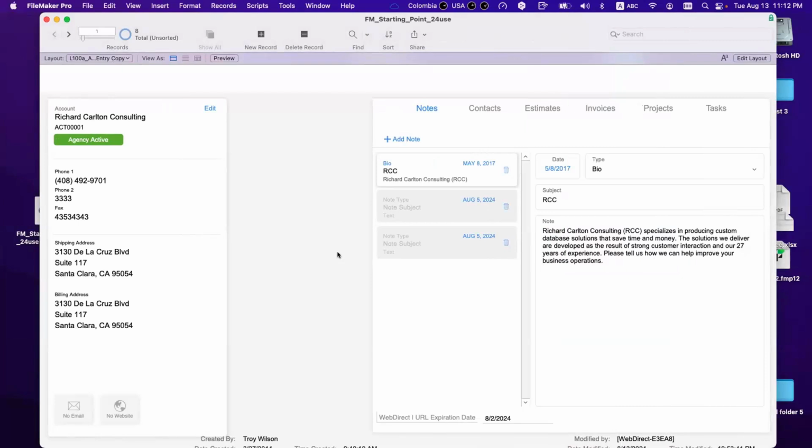Not just a FileMaker experience replicated on the web browser, right? We want something like a real web experience, which FileMaker WebDirect is made for, okay? Is made for this to give you the feeling of working with a real